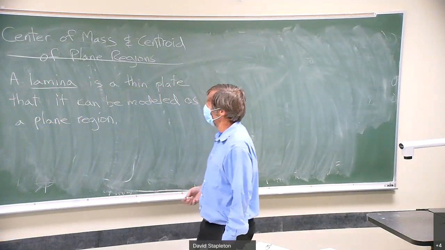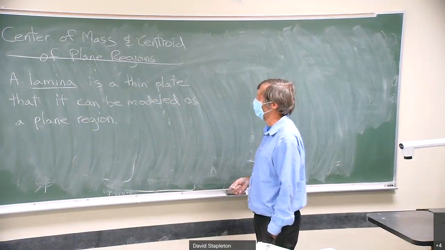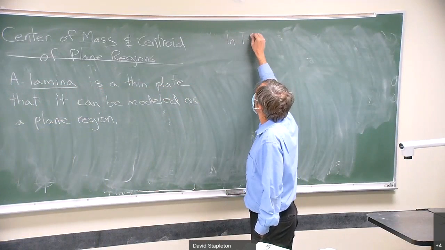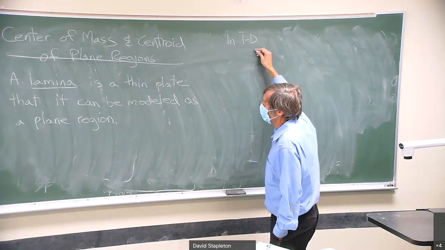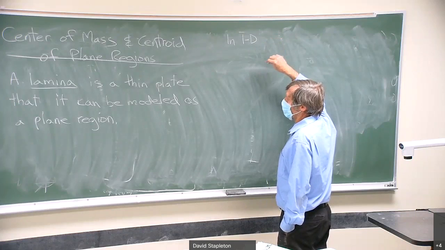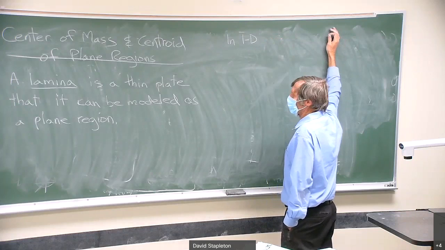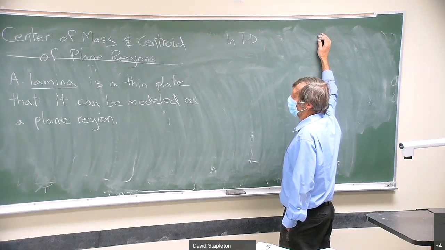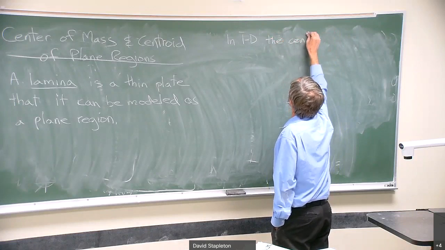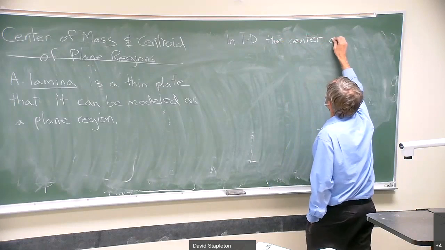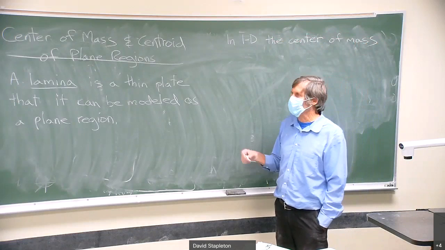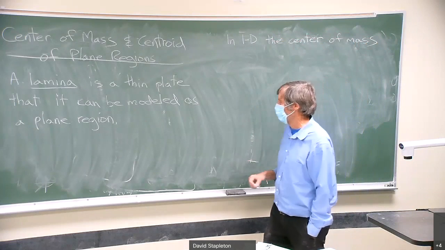And we can do some things for balancing and for forces on these kind of things by the following consideration. In one dimension, we can calculate the center of mass as just the mean point of mass. And by the way, the book is going to call this the center of gravity. I'm going to call it center of mass just to be picky, because what we're going to do